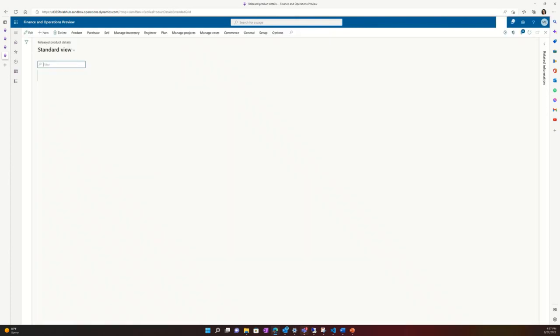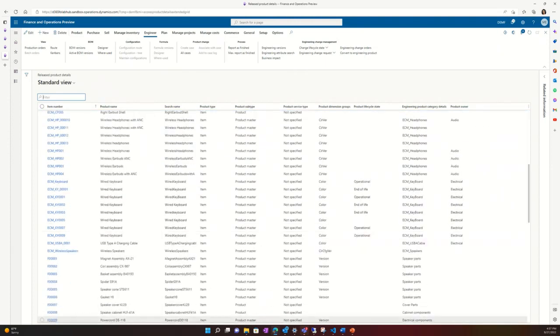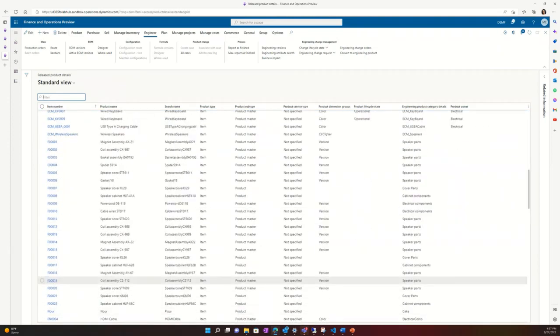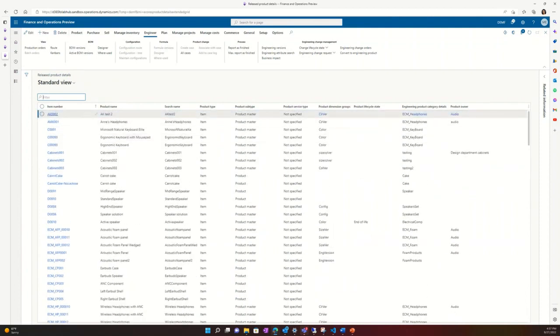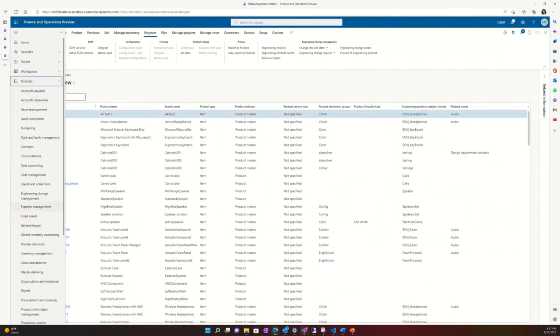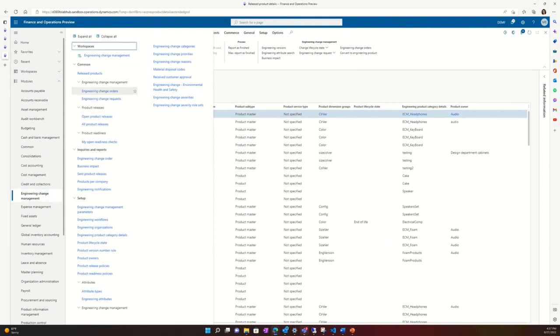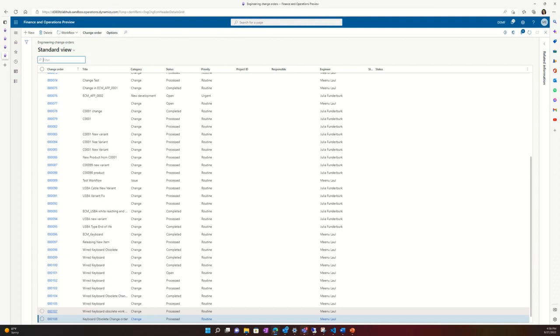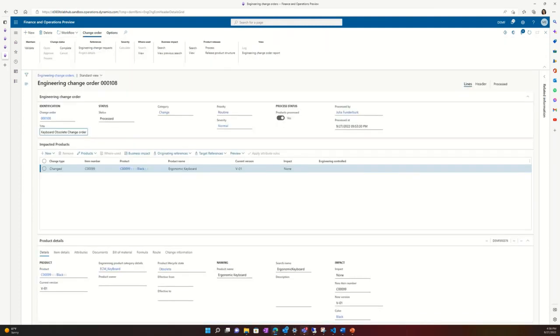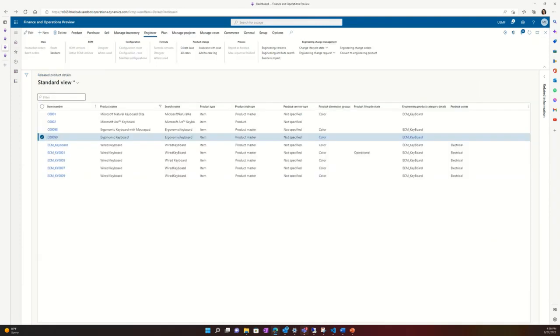So just to keep things cleaner, I'll go back to my engineering company and look for that change order. I'll go back to that change order again and try completing that. That's the next step. It's preferable to always close things so we don't change our order again. So we want to make sure we complete that change order before we move further down. So once we finish our change order altogether,